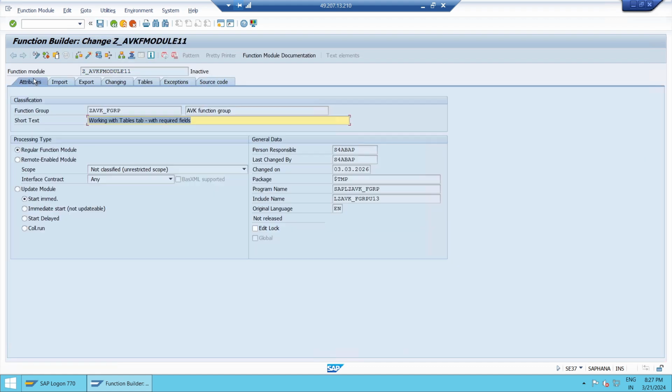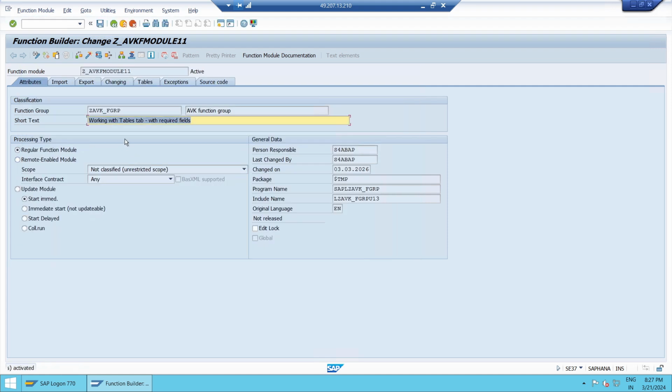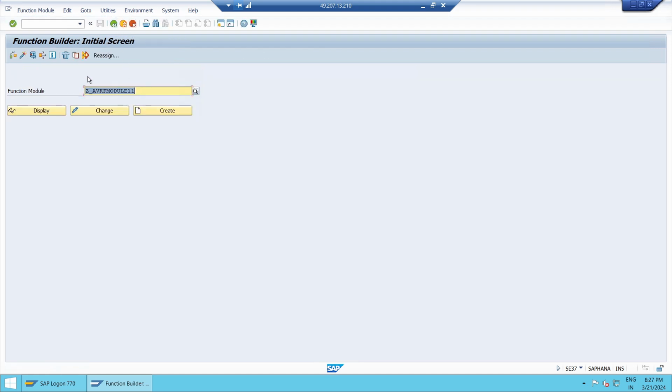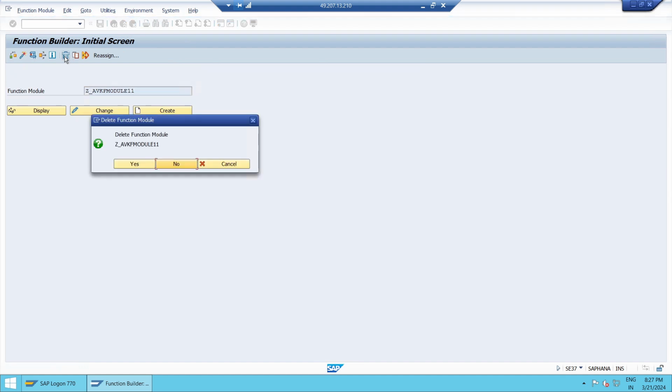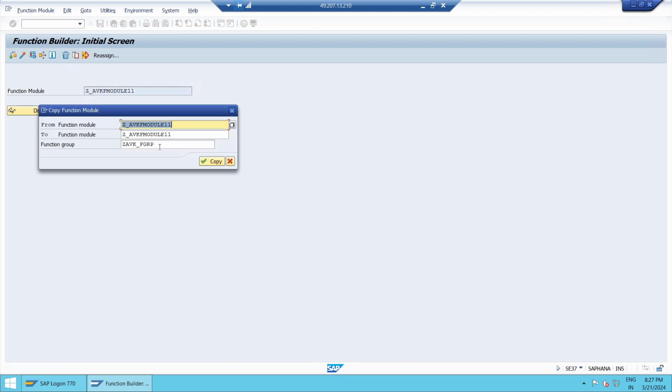So 9 replica only, 11 is created, activated. But here the delete provision, delete 11. If you want to delete, yes, you can delete 11 also. We will see. But I want to copy from some other